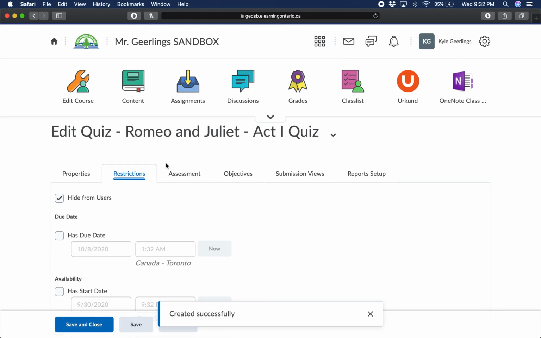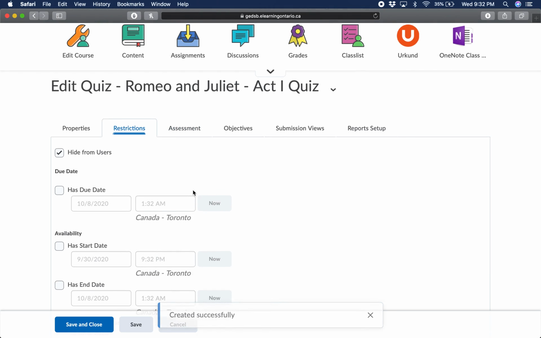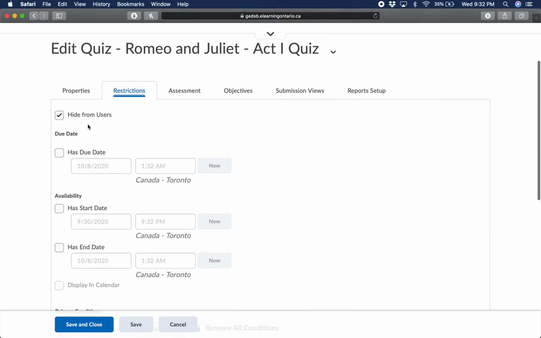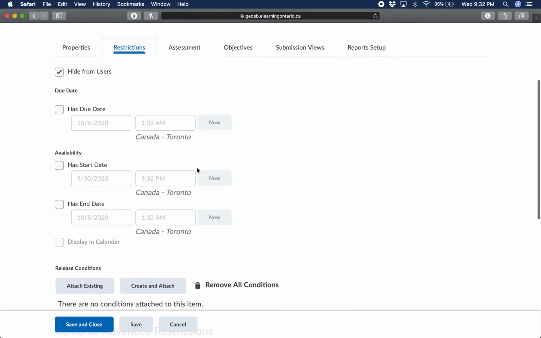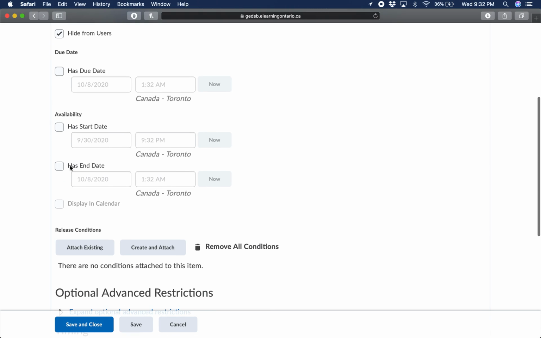So this is just setting up all of these key things of the quiz before we actually start getting into making the questions. So right now we're going to hide from users. I don't want them seeing it until I have it ready. Maybe you have a particular time you would like it to be completed by, or when it's actually available. So maybe it's only available for a single day or a single night. Maybe this is something you've assigned for a Thursday night